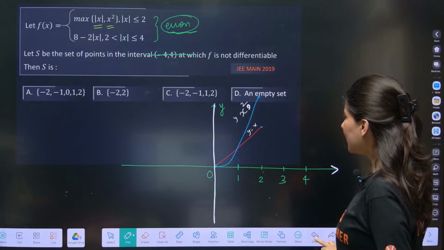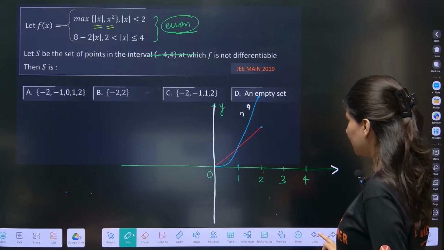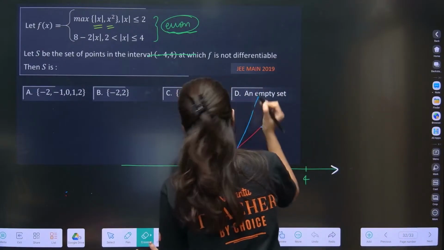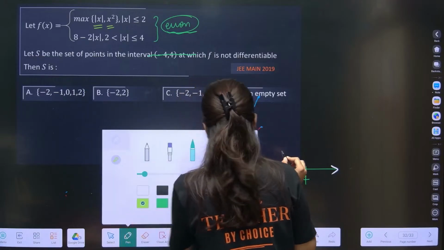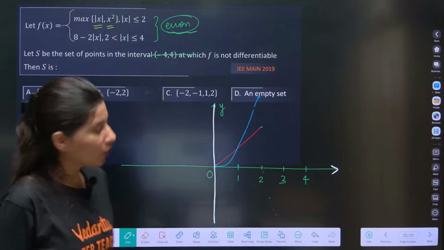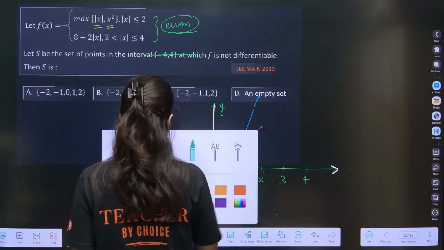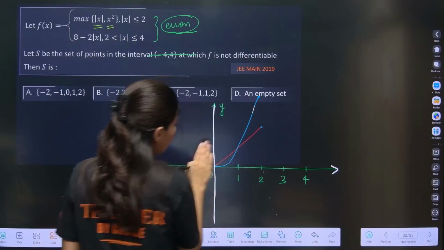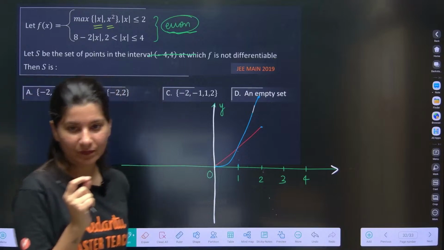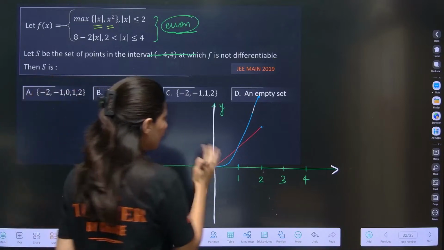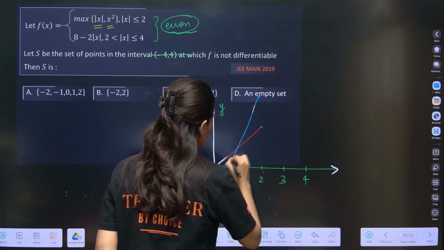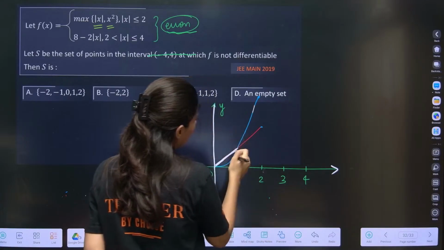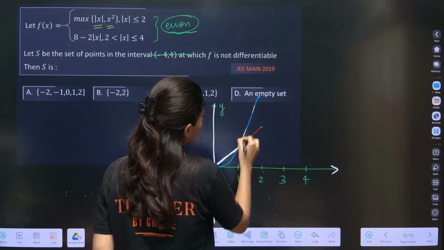Okay, but now understand, we need to plot the maximum. Think about plotting the maximum. I need to erase this. Okay, maximum. So maximum will be like this. Maximum, that means we need to pick which is above. Okay, so can you see this is the graph which is above? Above will win, no? This is maximum. And now blue one is the maximum. Can you see this is the graph?